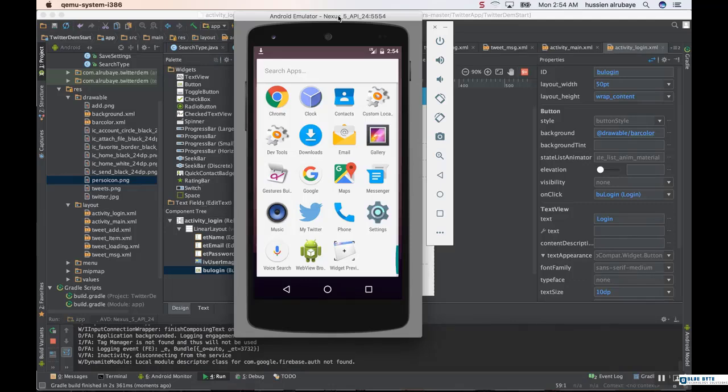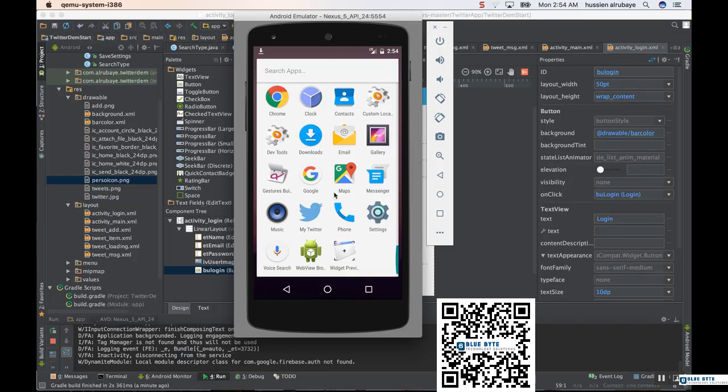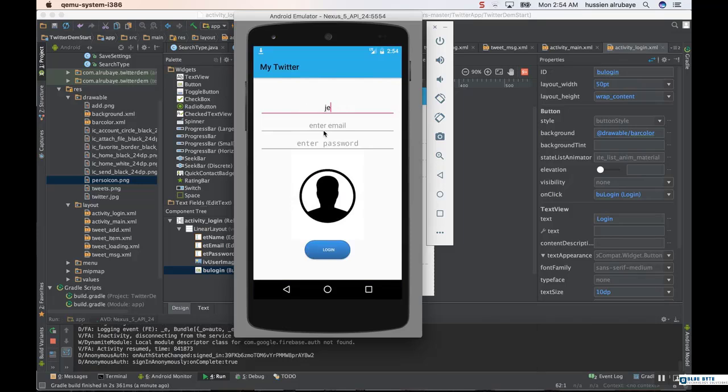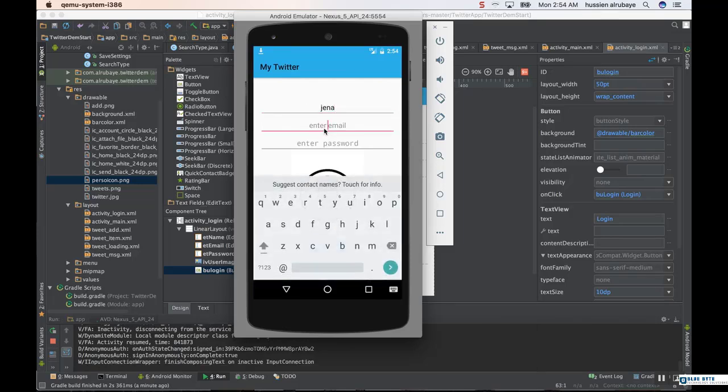Hey and welcome. In this section, we will implement a complete social media app for sharing photos and status and subscribing to people. The app will be like this app, My Tweets. When you click, any person will log in, like enter his name and email and password this way,